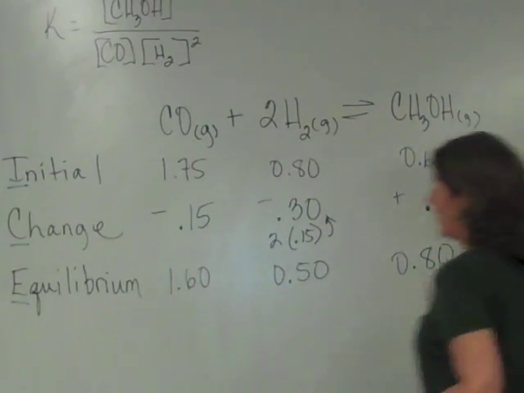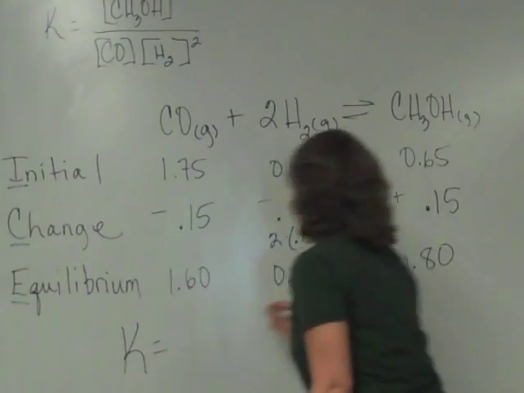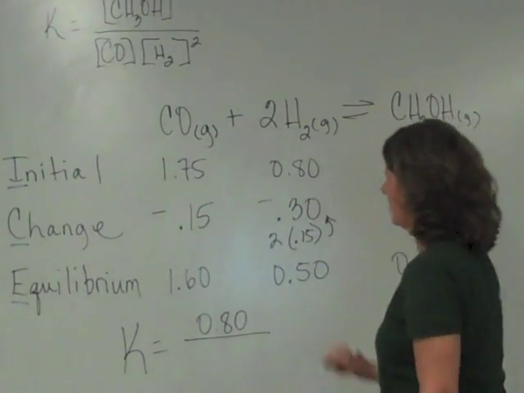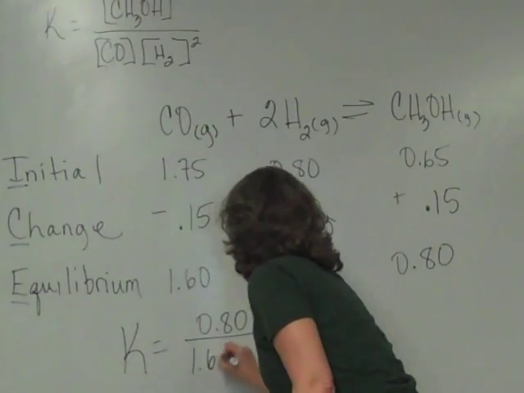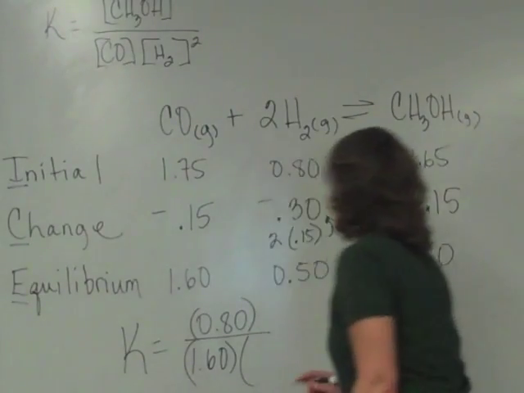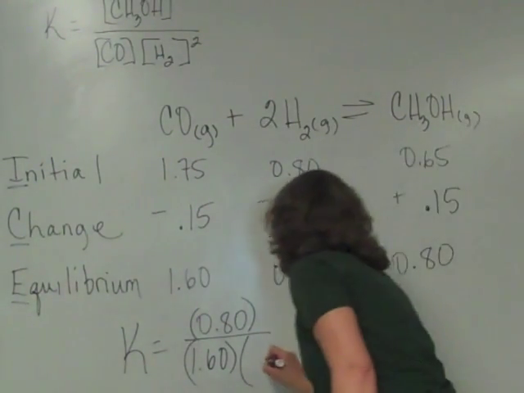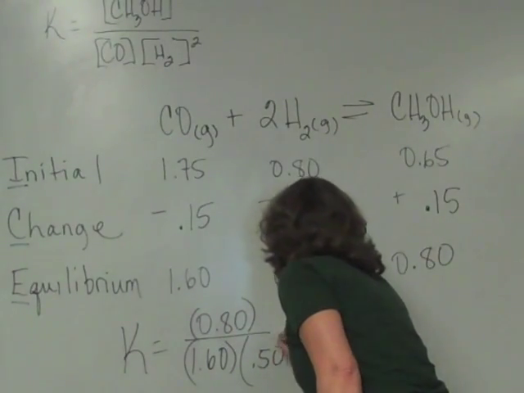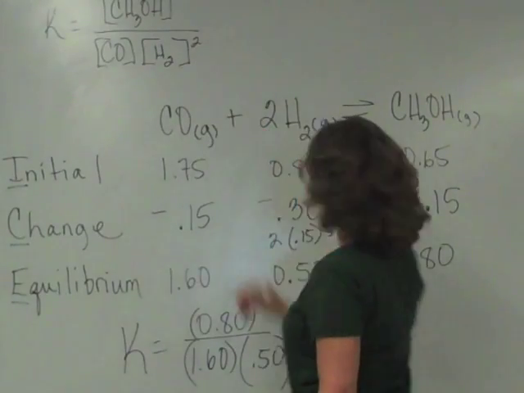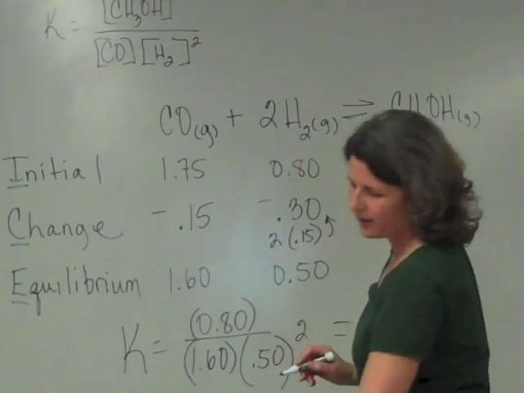So K is equal to 0.80 over 1.60. I'm just going to put parentheses around all these so that we don't get confused. And my equilibrium concentration for hydrogen is 0.50. And what am I going to do with that quantity? I'm going to square it. And that gives me a value for K. That is